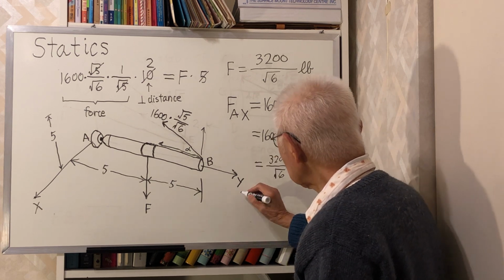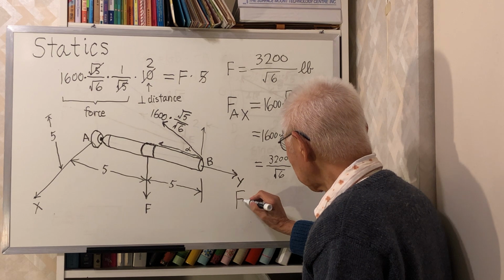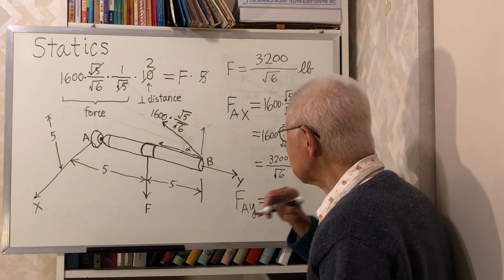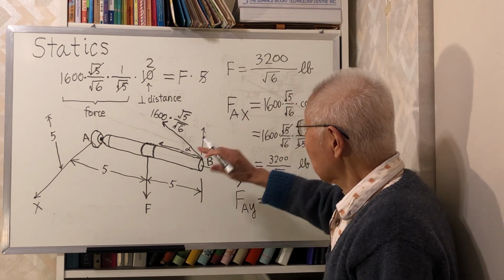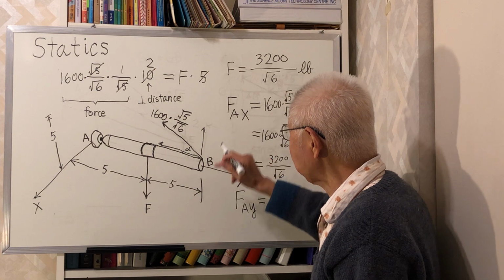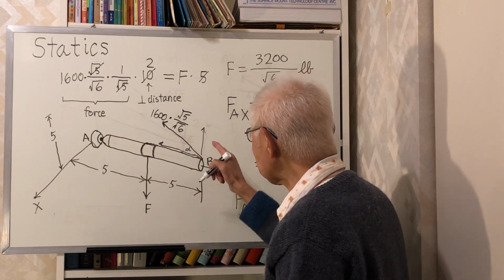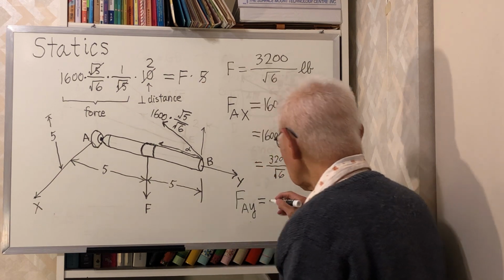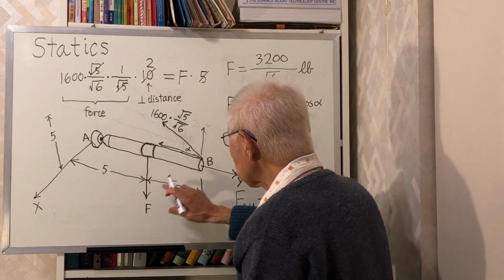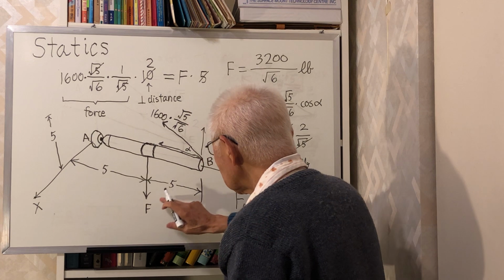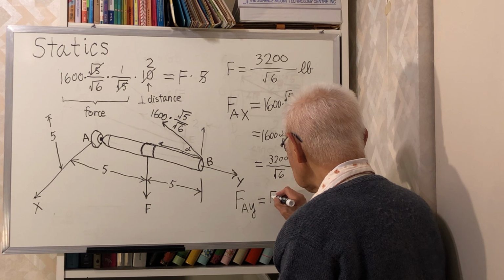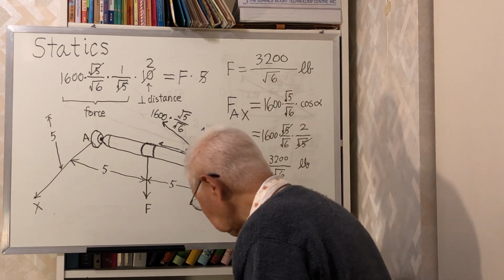What is the reaction force at point A, Y? Y has to be, I have three Y's. One is the reaction at this, and this is a Y force, this is a Y force. So this plus that equals this. Therefore, this is force minus that. So it's a force minus,